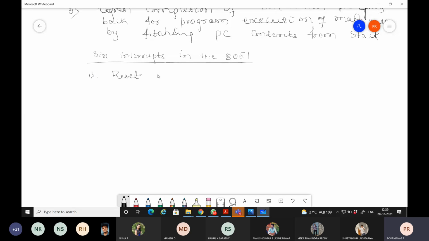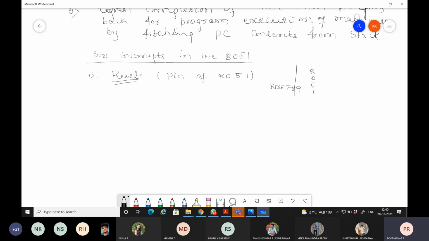So this reset is actually a pin of 8051 which is going to be set or reset based on the switch which has been connected to this particular reset pin of 8051. Where is this reset pin available? That is pin number 9 of 8051.